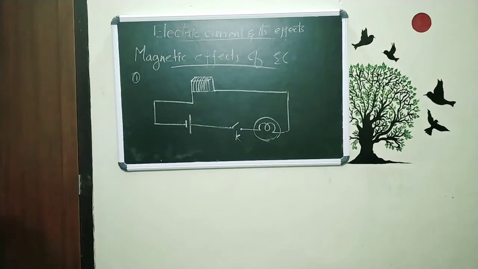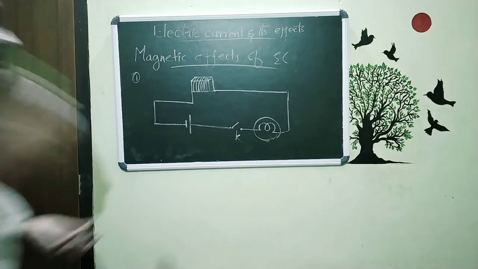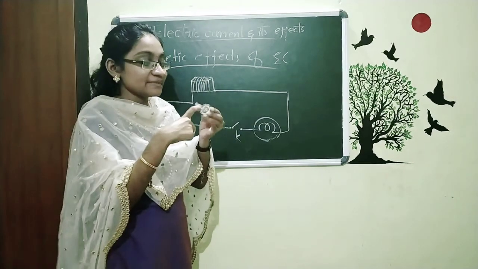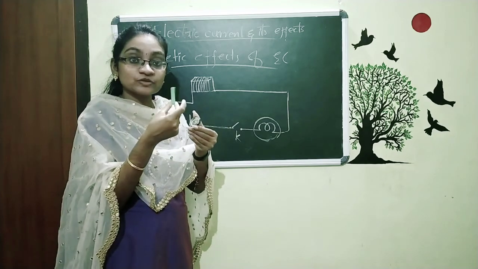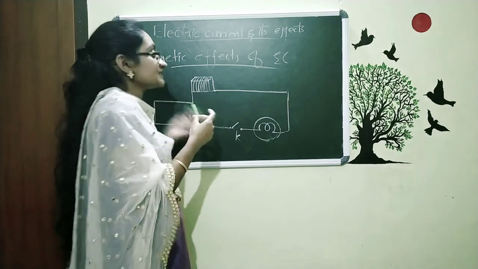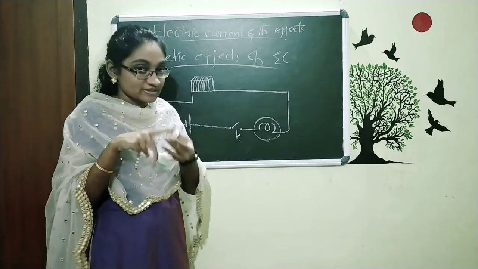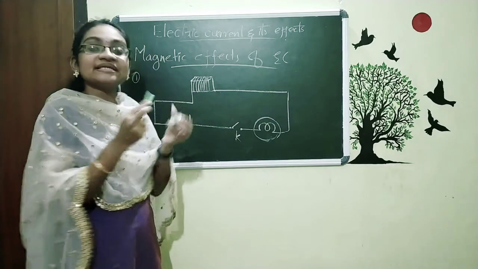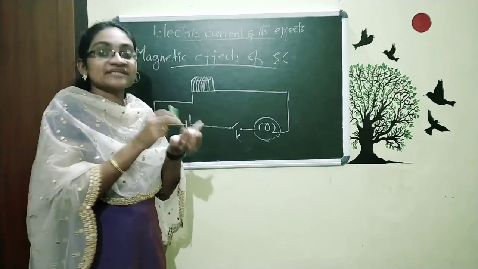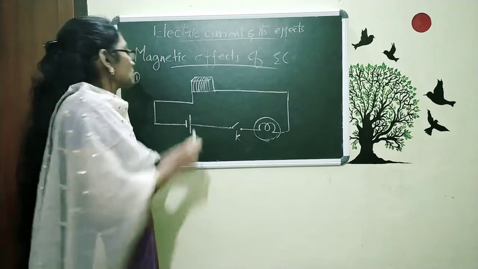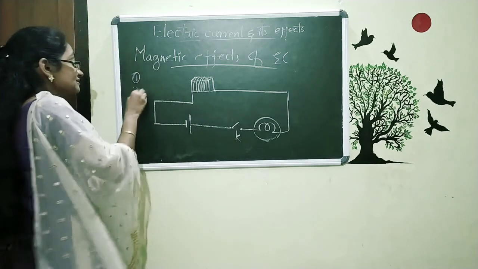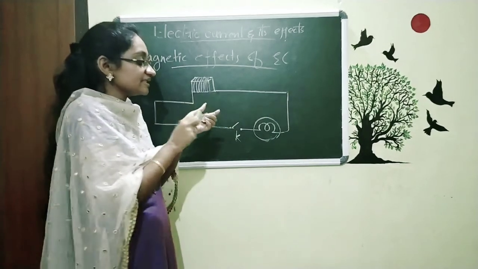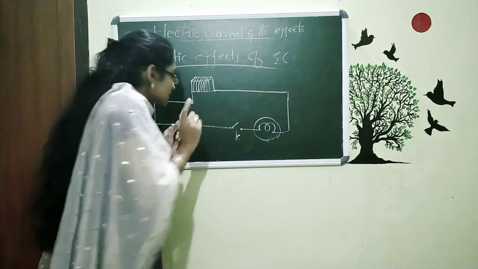You can observe that the needle starts to vibrate. The needle inside this compass starts to vibrate when there is a magnet present near this compass. If you have any compass with you, you just try and you can see that the needle vibrates when there is a magnet present. And so, that is the second thing. That means here the key is open, and when we put a magnet there, the needle starts to vibrate.